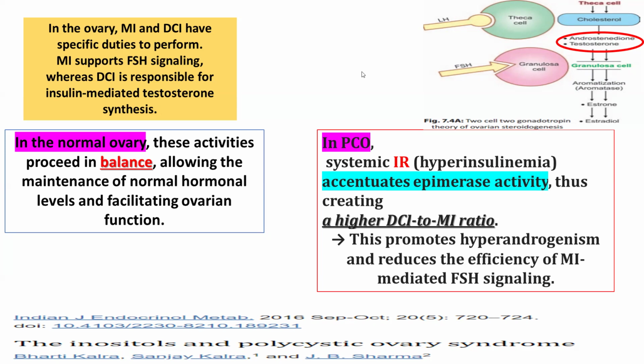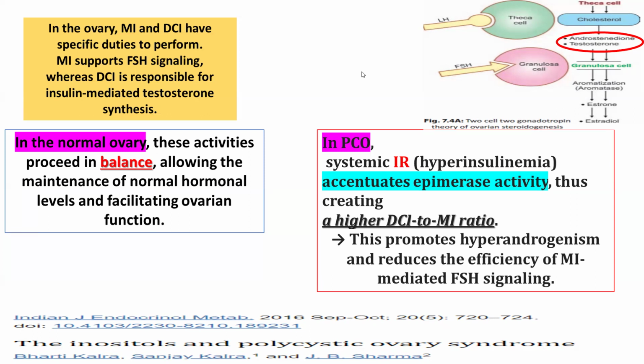But what about polycystic ovarian disease? This story is different. Why? Because in PCOS, there is accumulation of a good amount of D-chiro-inositol, more than the normal ovary, 4 times more than the normal ovary. Why? Because there is accentuated epimerase activity, which is insulin dependent. So accentuated insulin-dependent epimerization of myo to the chiro-inositol. By this way, there will be a higher D-chiro to myo-inositol ratio, and this will promote hyperandrogenism and reduce the efficacy